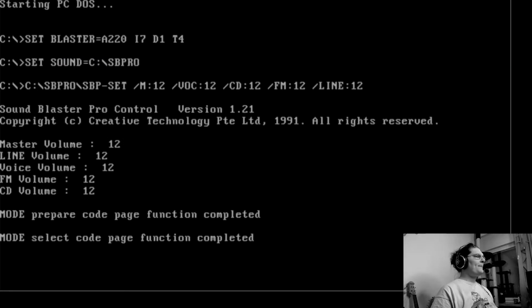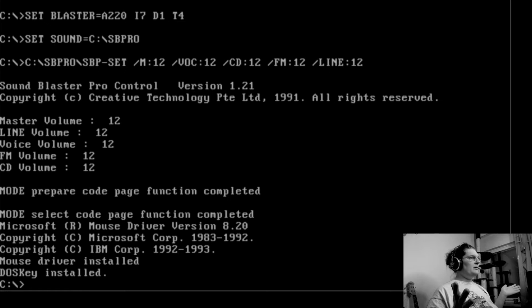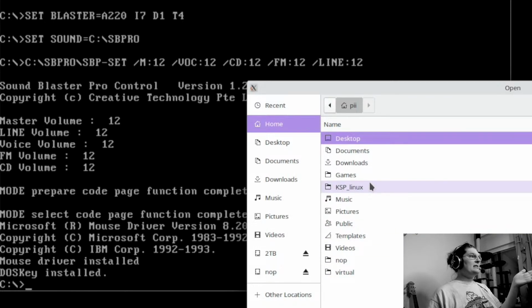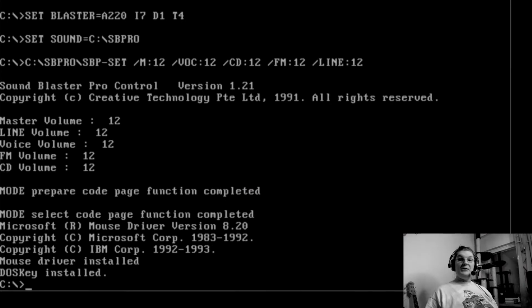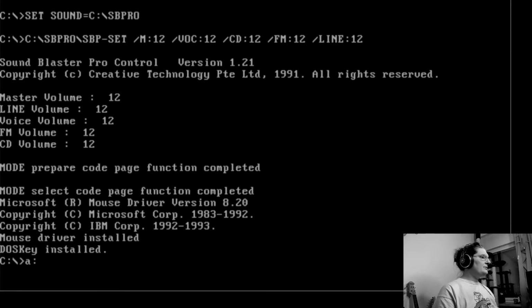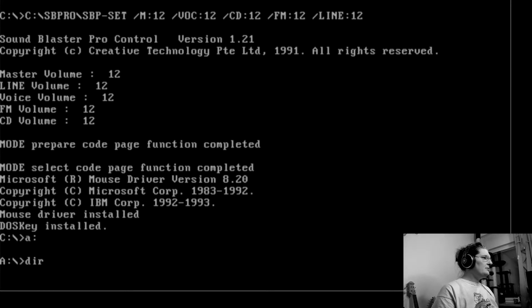Oh, and again, this error we can bypass. So we have mouse drivers. We have the sound working, but I also want CD-ROM support for this, and for that purpose I have actually gotten a disk. Again, original. All right, I did change this to the Finnish layout, so let's dir this one as well, and